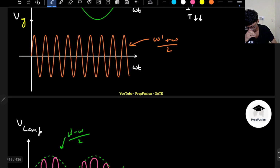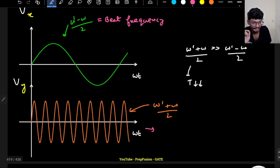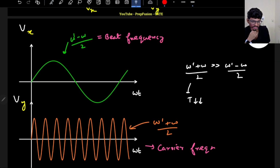This term is called the beat frequency, and this is called the carrier frequency. It is called carrier frequency because it carries, and it's a communication term. But why is it called beat frequency? It is called beat frequency because